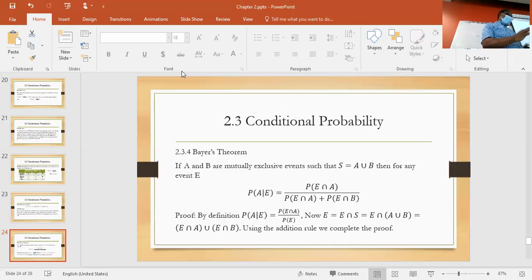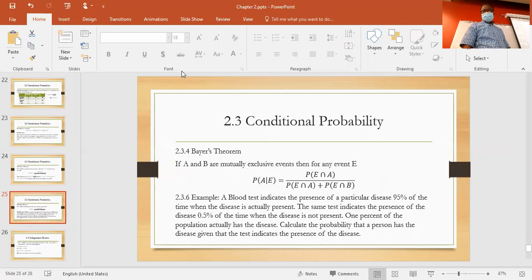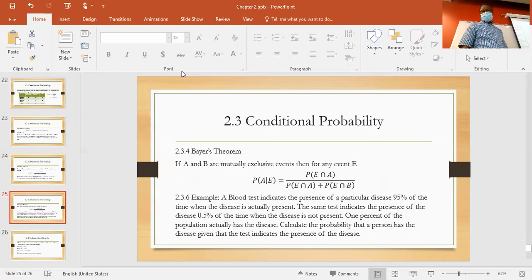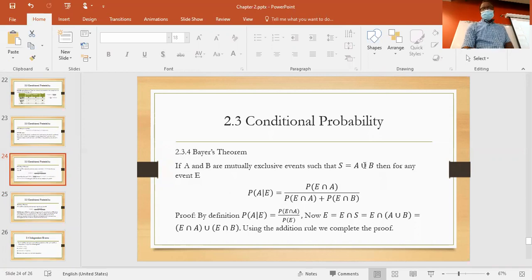And if you understand the proof of this simple version, you will be able to understand the more general proof. Let's look at an example. If I put the theorem again here,